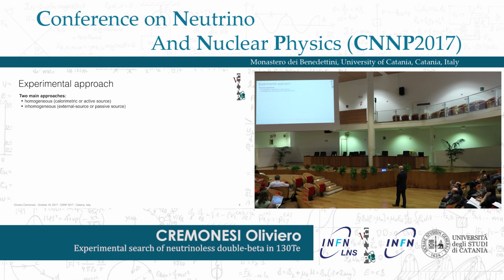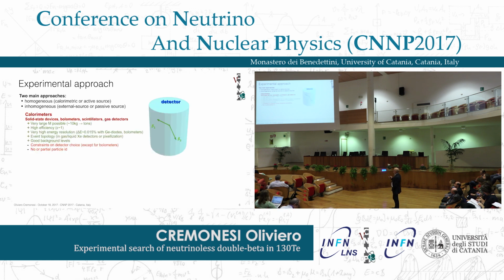Let me come now to the experimental approach. Historically, we have two kinds of approaches. One is the homogeneous, introduced by Fiorini in the 60s. By the way, 60s means 50 years of research on neutrinoless double beta decay. And the other is the inhomogeneous, which was introduced before, but has now been, let me say, somehow not abandoned because there are still experiments on this, but it is less used. So the homogeneous calorimeters means the detector acts at the same time as the source of the